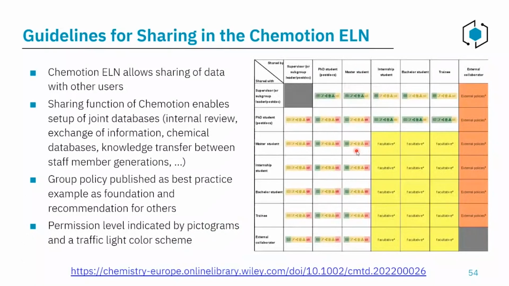When it comes to having multiple users on a Chemotion instance and also having Chemotion in a research group, it's very important to consider sharing rights, synchronizing rights, access rights within a working group, right? For example, if you have a bachelor student, you want to avoid that they have the rights to delete every entry in a shared collection. So you don't have to reinvent the wheel here. We have published some guidelines on how this could be implemented. Of course, this may not fit one-to-one to your research group, but it's a starting point. And it's basically a traffic light system